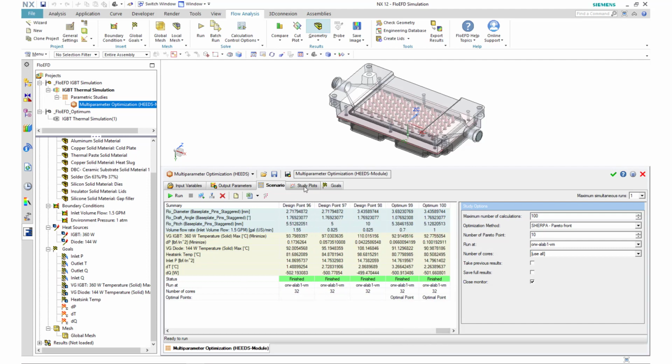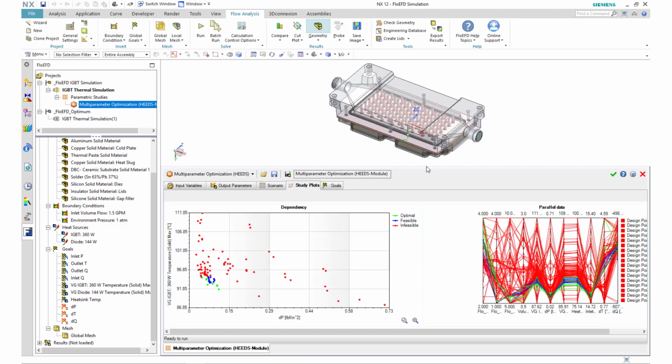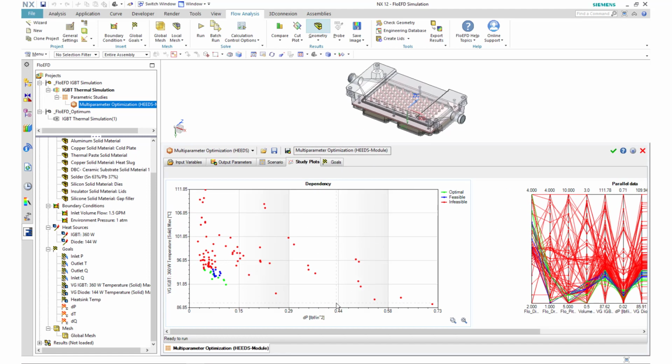Let's go to the study plot and see the 2 results analyzed plots. We see in the dependency plot, the maximum temperature is plotted against the delta P. We see the infeasible designs showing red, feasible blue, and optimum green. Here, an infeasible design means, although the design can be physically achieved, it is out of the constraint ranges that we set on the maximum IGBT temperature or the pressure drop of the cooler.